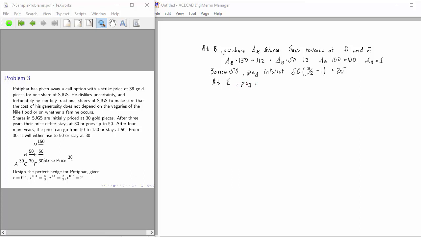Potiphar will pay out 25 to pay off the loan and 12 to settle the option. That would also be the same at node F, but